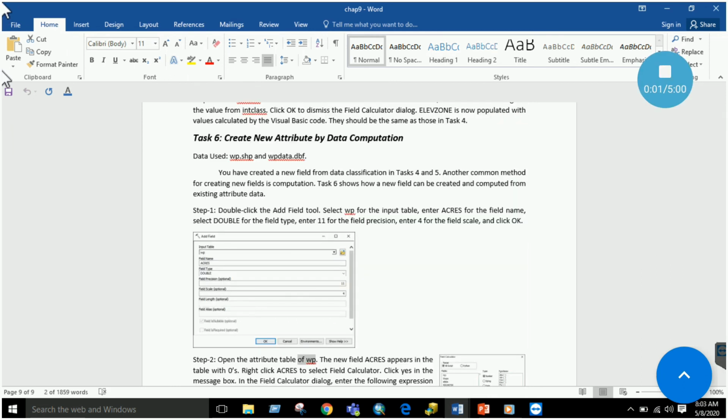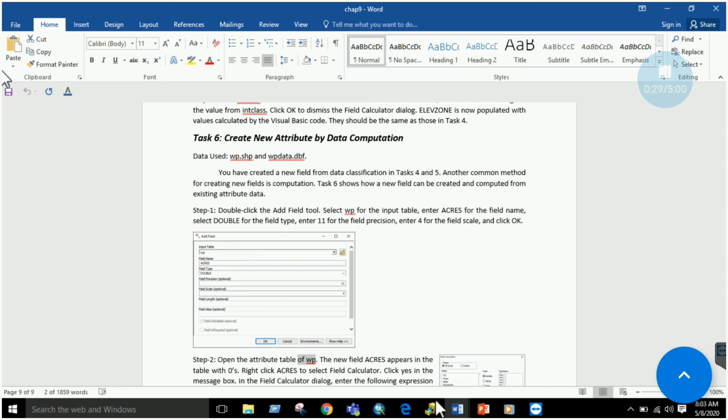Our next task is basically wp.shp and wp-data.dbf. We have to add them, and in the WP shapefile we have to enter a field which is named acre. So you just have to go to WP, open its attribute table and select add field, and here you have to add acres. Select the type as float and click OK. Here the field will be added, right?